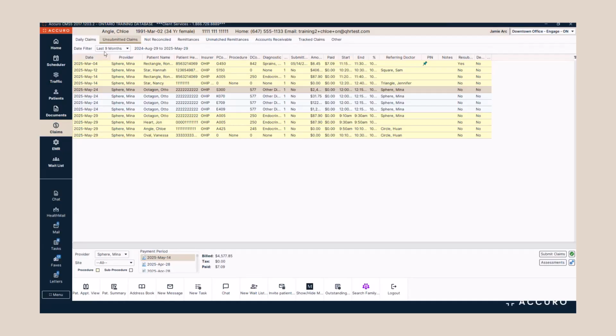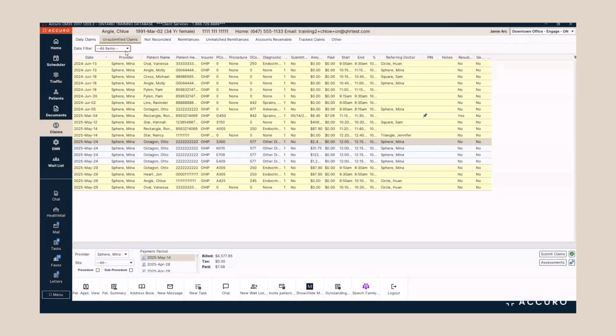So the first thing that we want to look at is this date filter at the top. It is defaulted to 9 months. There is a setting where you can change the number of months that it defaults to, but from time to time, it helps to also come in and check all items. When I do that, you're going to see that there are still things that are sitting in here that maybe I was unaware of. It could be that maybe these patients didn't show up. It could be that I haven't done my billing. But in the unsubmitted, I see everything that's in here requires my attention and either needs to be reconciled or